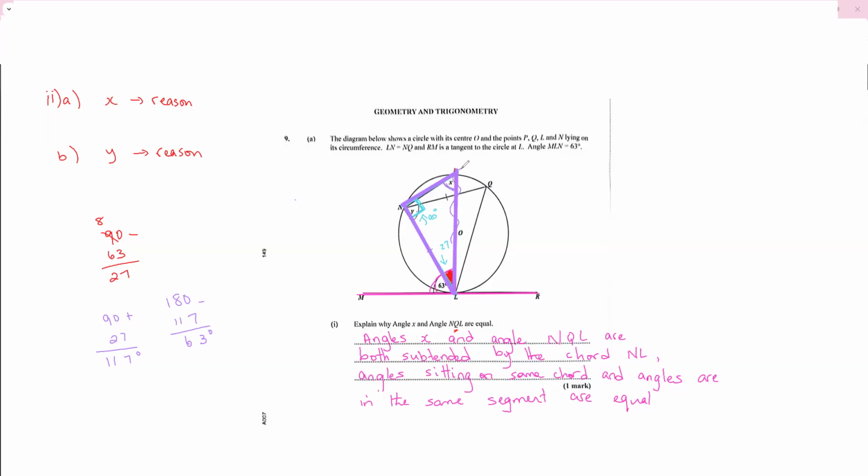So this line here is your diameter. My only problem is I've covered this letter here, and I can't remember what letter it was. P. Right. So we can explain that PL, the diameter,